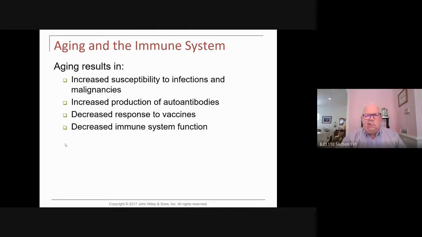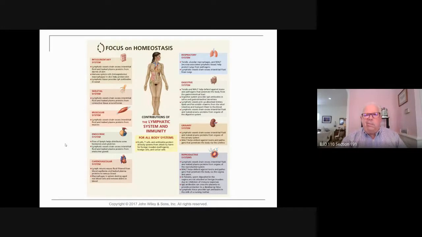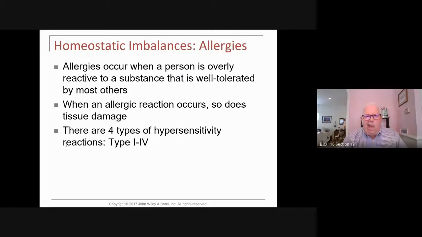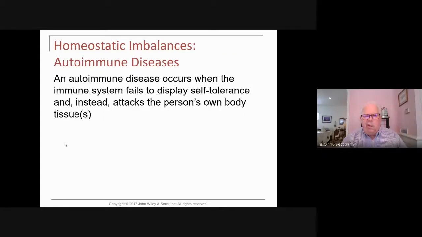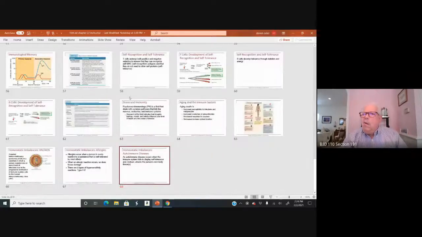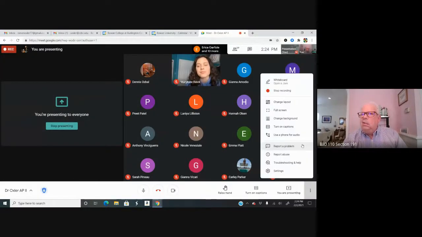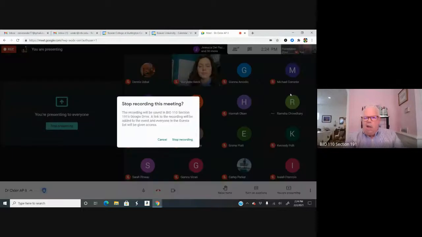It ages off. Okay? And this is a summary, and I think we're going to talk a little bit about AIDS. Yeah, I'm going to give you a lecture on AIDS, so don't worry about that. I'll give you much more information on AIDS than this slide. And I may even give you a lecture on allergic reactions. Okay? And we talked about autoimmune disease, lupus, and rheumatoid arthritis. All right? Any questions on that? I will put this